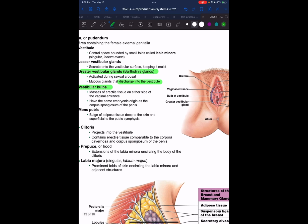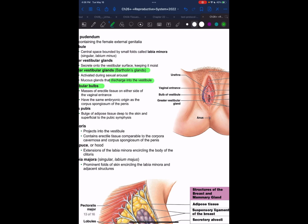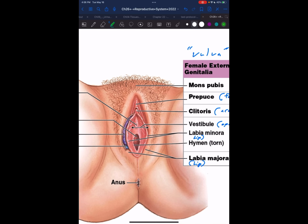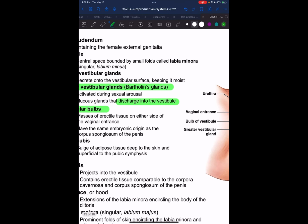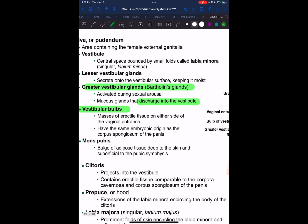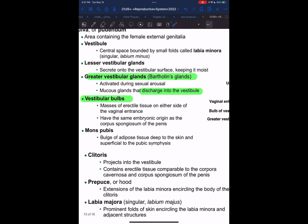Now, it has always been commonly known that when males are aroused, the corpora cavernosa fills and engorges with blood. And believe it or not, the clitoris is actually a miniaturized version of the penis. It has the same setup. It has a corpora cavernosa, that spongy looking tissue that allows blood to fill that space, and during arousal it will swell up or become erect. And so the vestibular bulb is the one responsible for